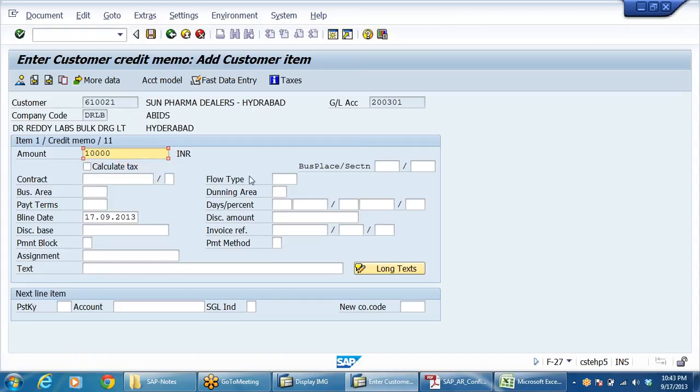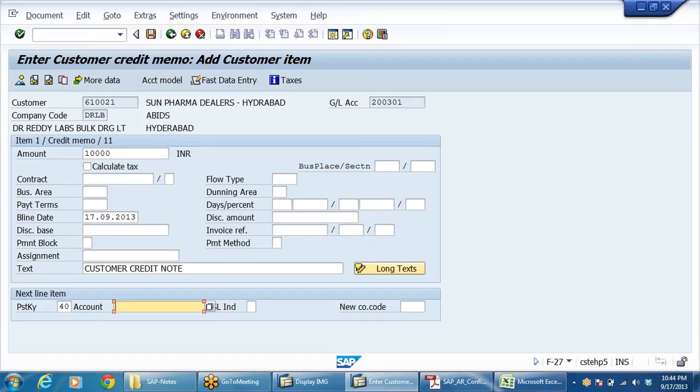Just a 10,000 credit note I am giving. Customer credit note. Posting key 40. First line item customer credit given. Second should obviously be debit. One is debit, another one is credit.